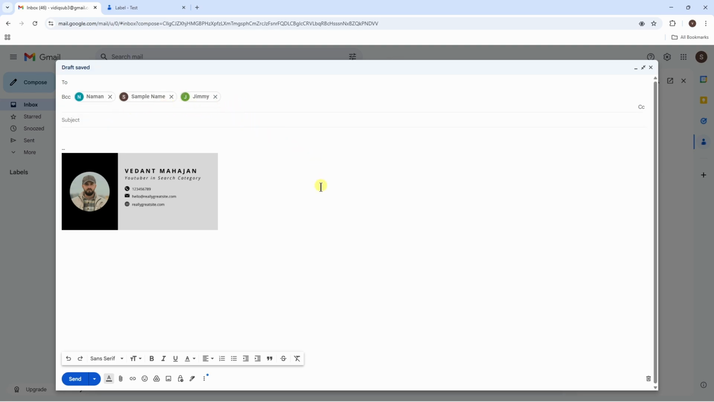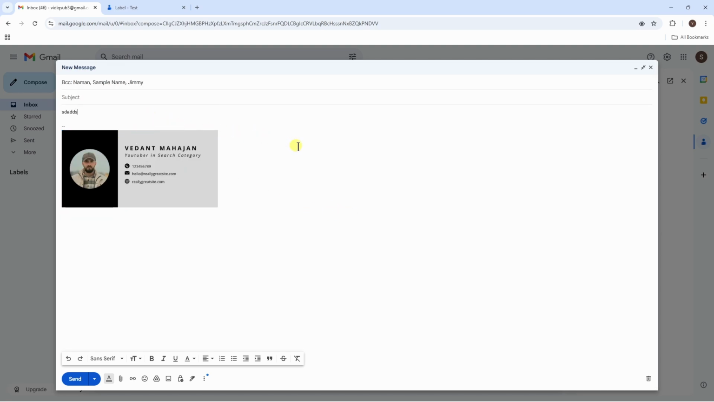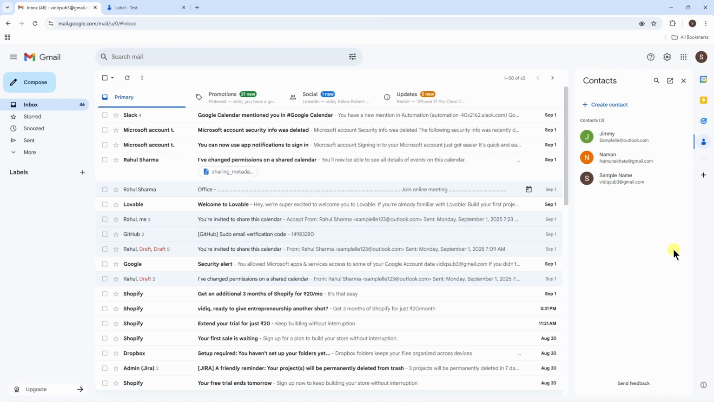You can see all of the contacts have been successfully added, and now if you just type anything here and just send this email, other people will not be able to see the recipients. And that's exactly how you can create group email in Gmail without showing